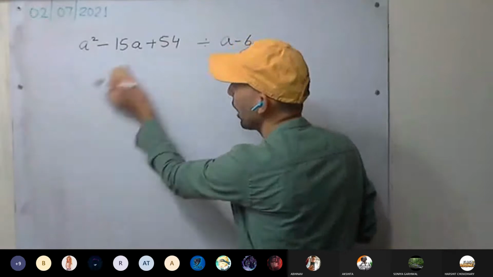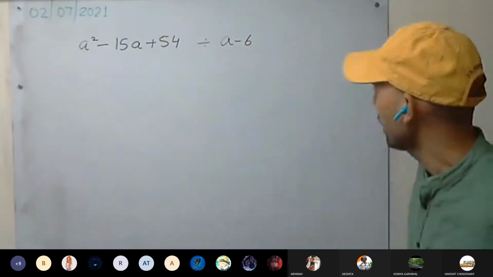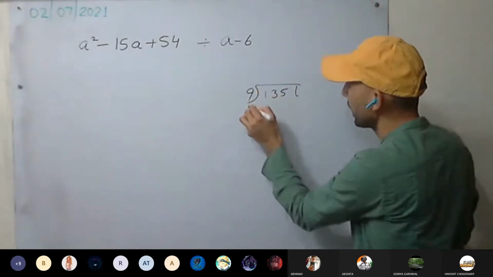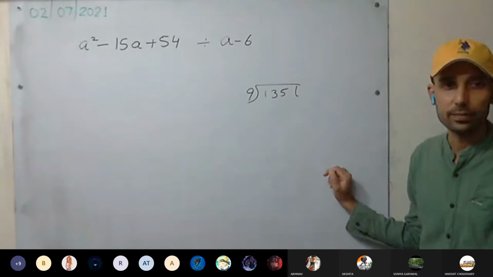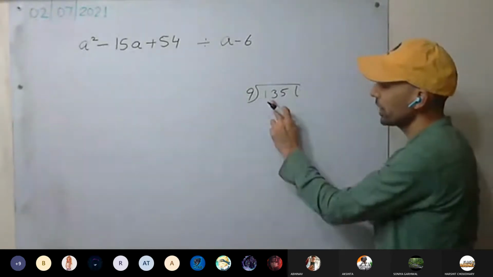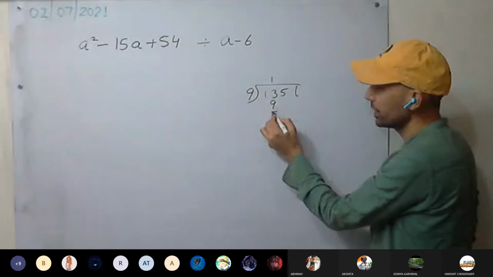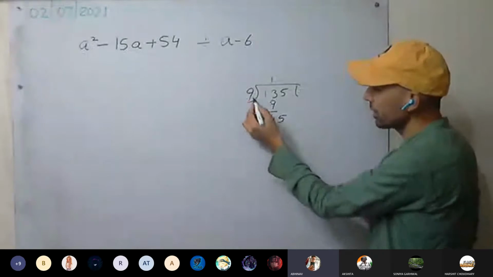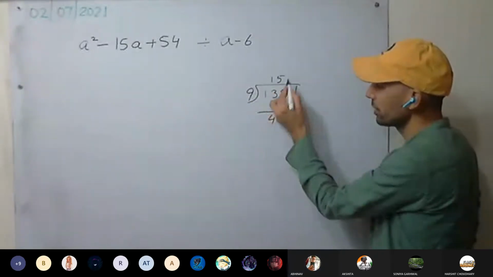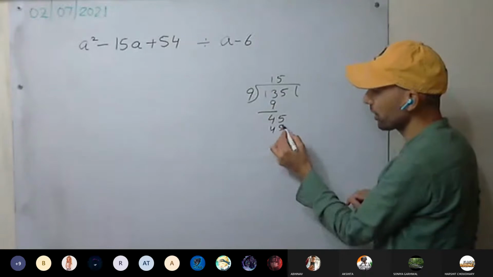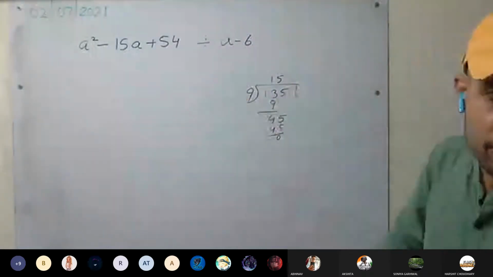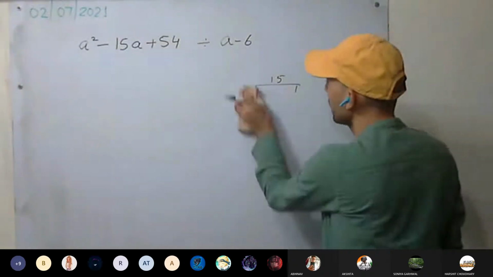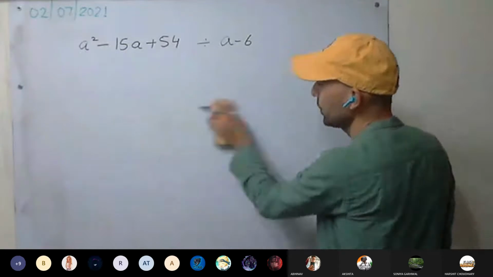It's already arranged. Now, how do we divide numbers? If I give you 135 divided by 9, how are you going to divide? First check: 9 ones are 9. Subtract them. 45. Now you check 9 5s are 45. Like this you do. Same way we are doing with the variables, because variables represent numbers. They are going to be numbers only. So the same method we are going to apply to